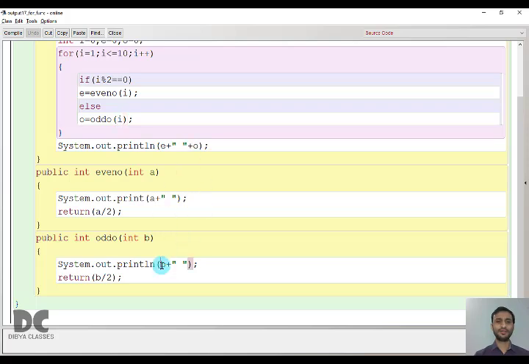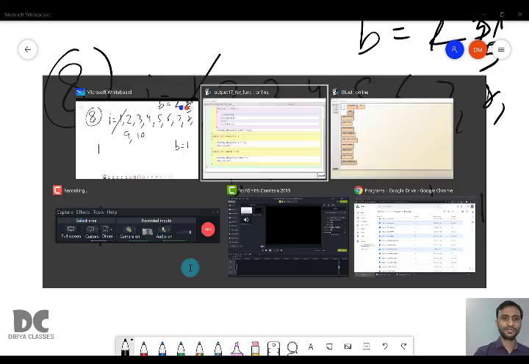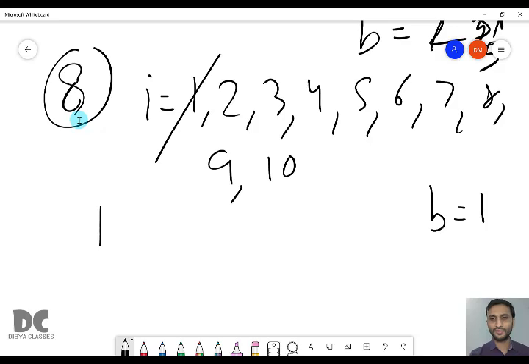And it will print 1 space. And it will return B by 2, that is 1 by 2, that is 0. Both are integers, so the answer will be an integer. It will send 0. So the variable O will store 0.